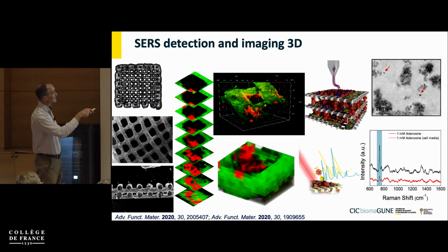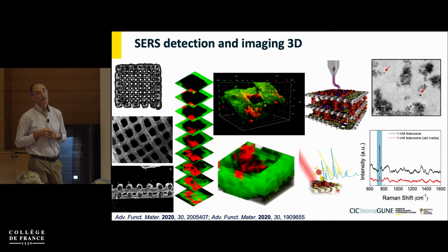And so here you see in green how we label the signal of the adenosine coming into the scaffold, and in red is the label that we included in the cells that are now binding around the walls